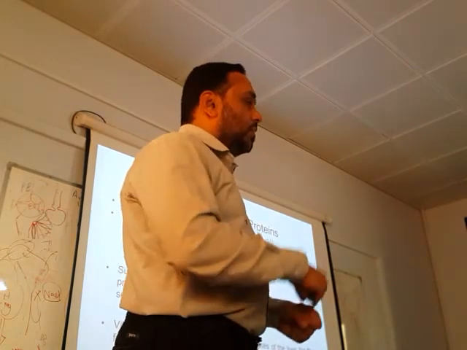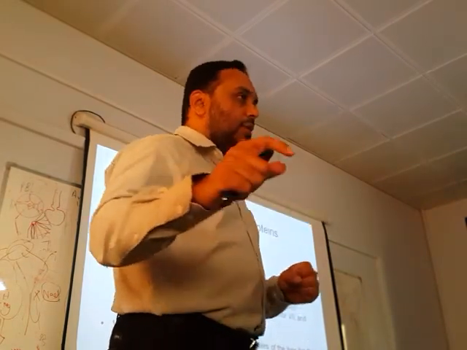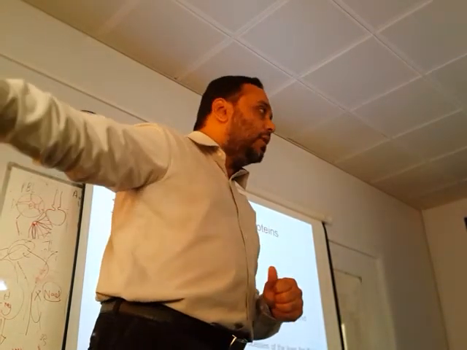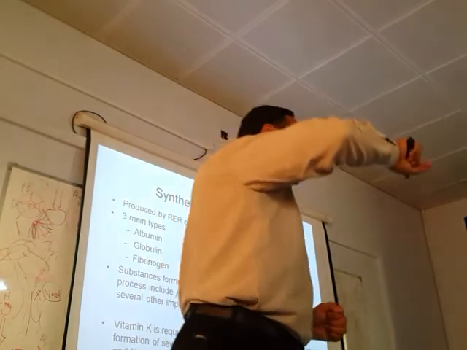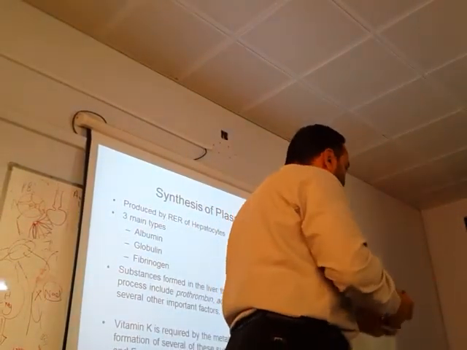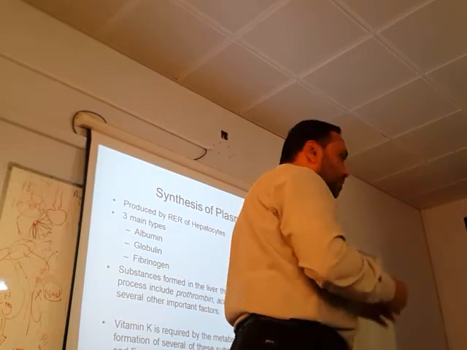Vitamin K deficiency of clotting factors leads to increased bleeding times. In other words, when you do a test for clotting or bleeding and you find that the bleeding time is more,